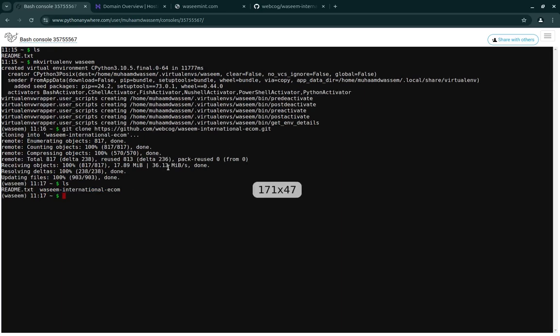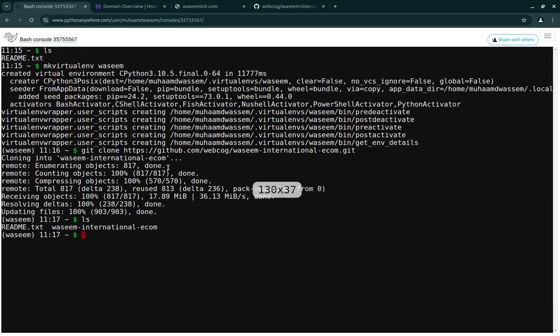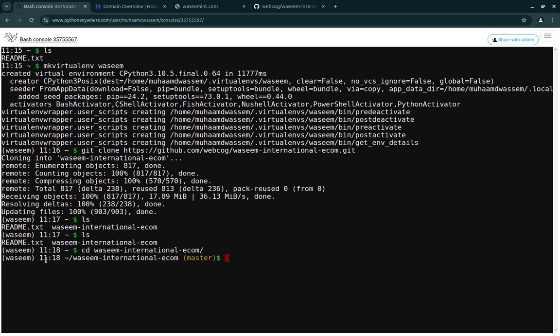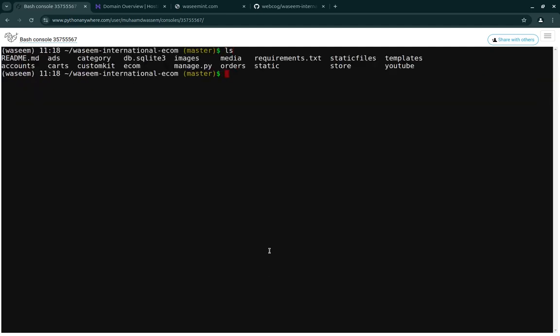So it's good. Now I'm going to zoom in on this terminal, and now if I type ls, I have to redirect into my Wasim International Ecom folder. So I'm going to use the command cd Wasim International Ecom. Now you can see I'm in my main project directory. So first of all I will type the clear command, and now if I type ls, you can see all my files and apps are displayed here clearly, where I have my